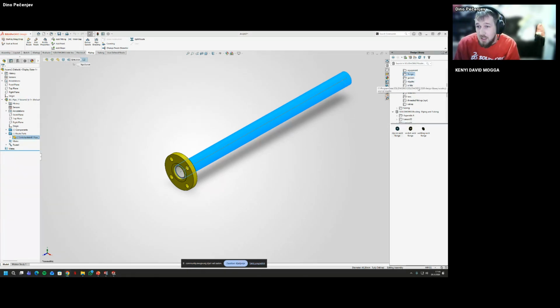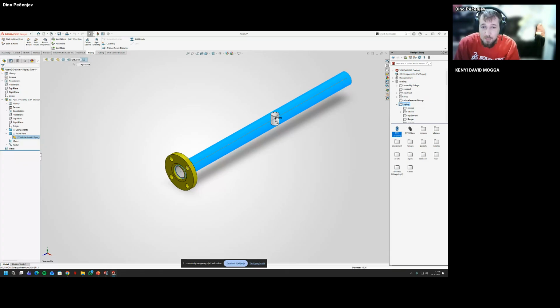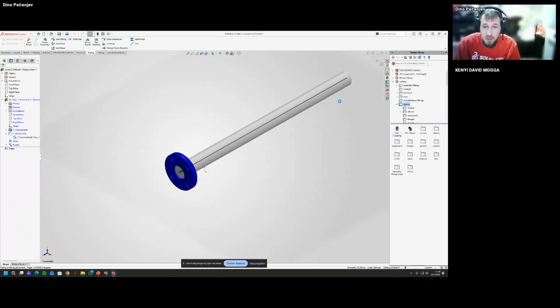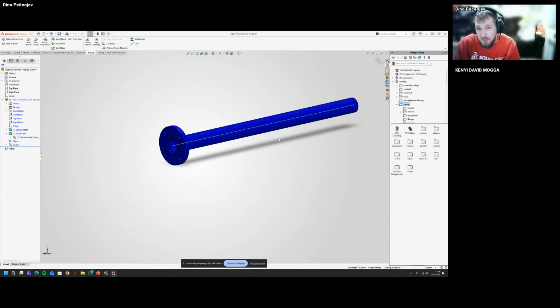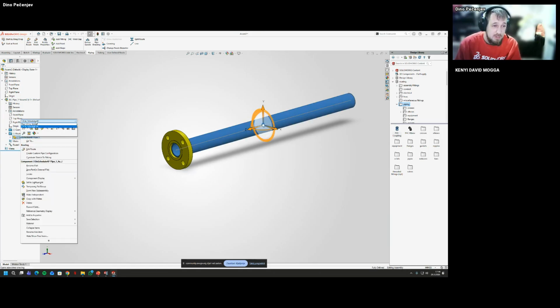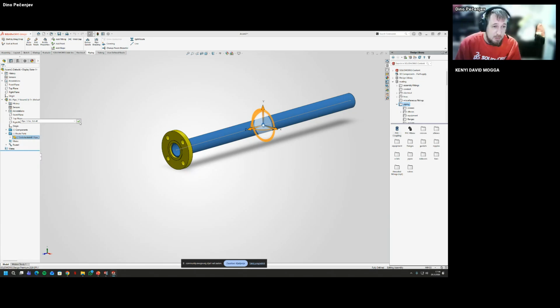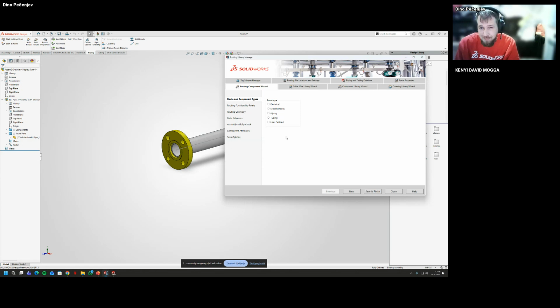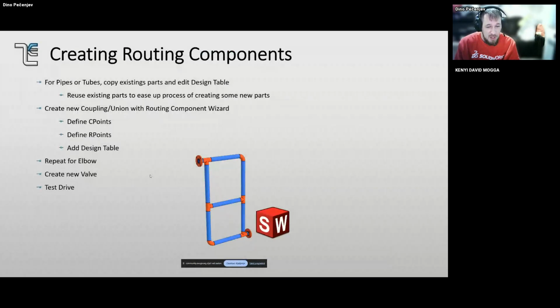Regarding the union we created, if I go to edit route and add the union, because it's not the same configuration, it won't be added. So you have to be careful that you have the correct information when creating the components. So this is this part. I apologize for hurrying because of time.